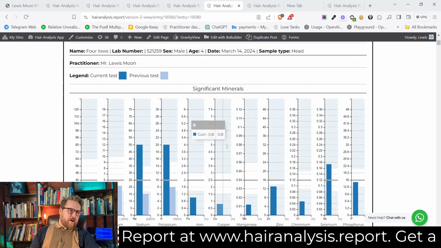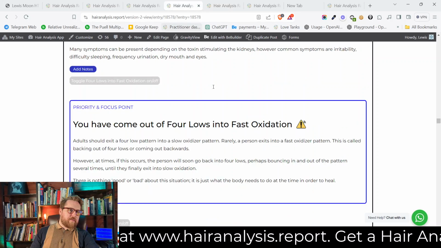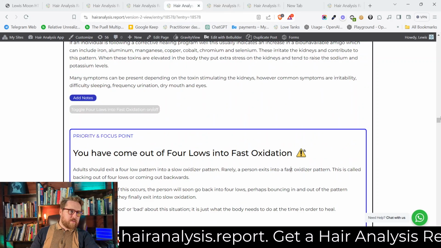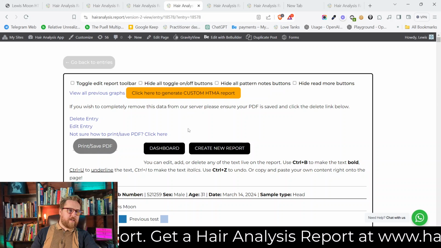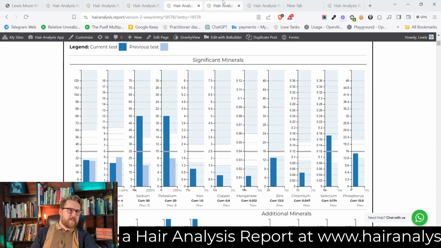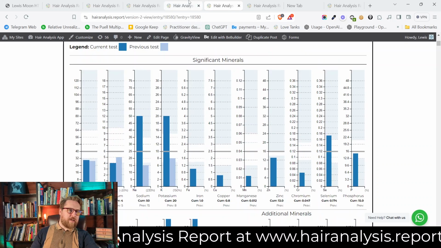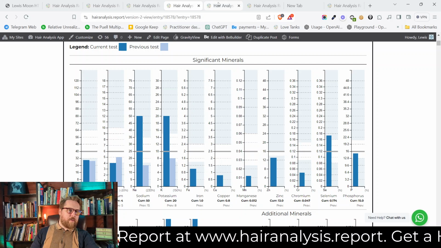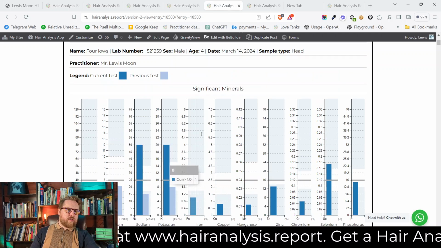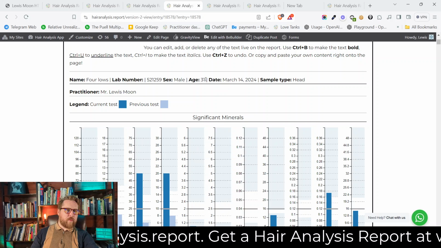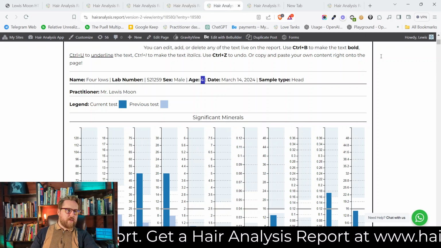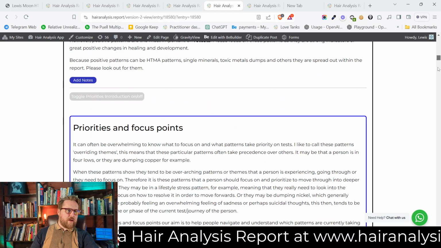Alright, so yeah, this is the fast oxidation one. Oh no, this is... Alright, so this is the exact same, right? Let's see. Yeah, we've got the exact same. So what's going off here? If you note here, the age is actually 4. On the previous one, the age is 31. So why is this